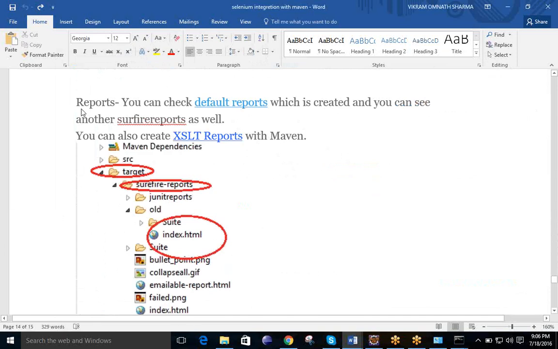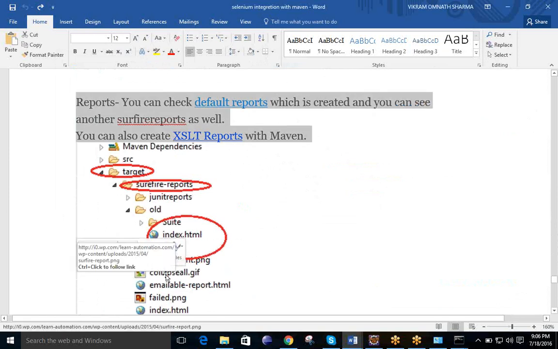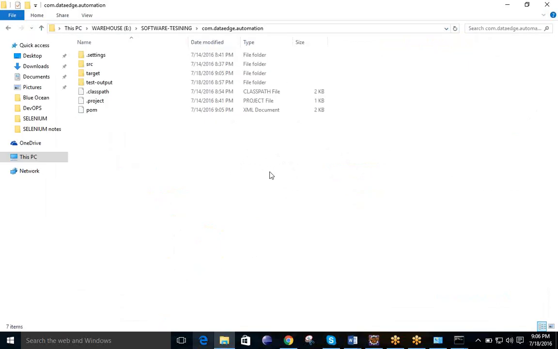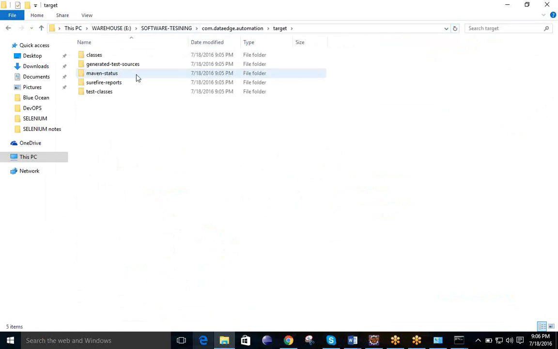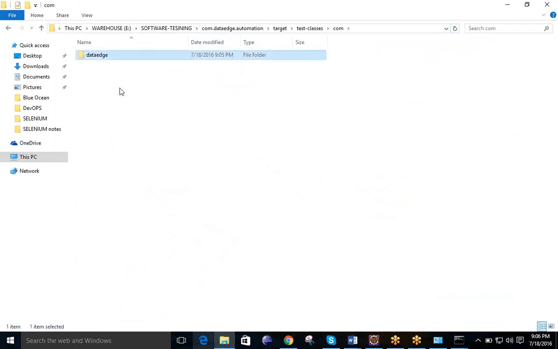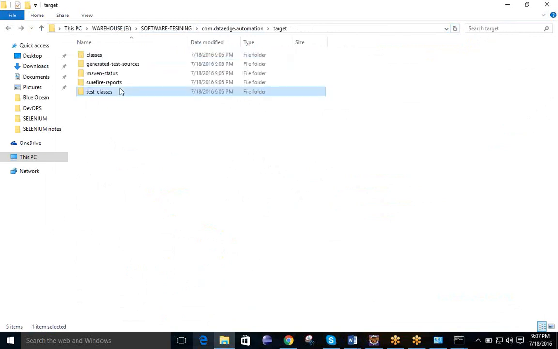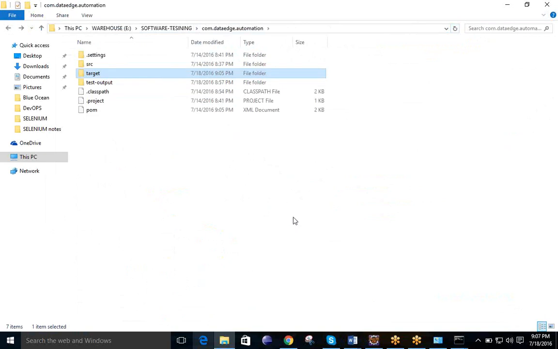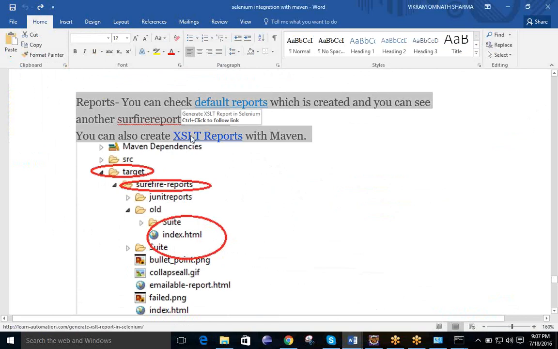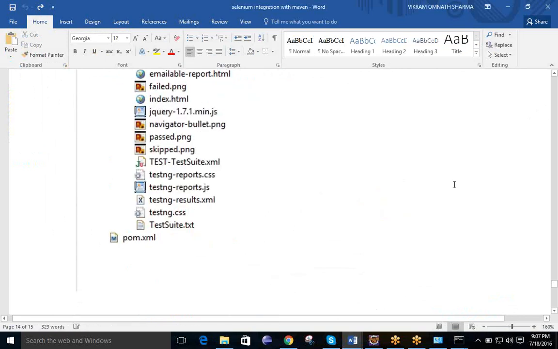Now here, this is not part of our report. This is not our project, but anyhow we can modify this one. First we will see, this is the location where my project is present. We will go to this target, and these are all the work which is going to be generated from the Maven project. For this project we are already familiar with how we can generate the Excel sheet report, right? How we can generate this Excel report, remember?